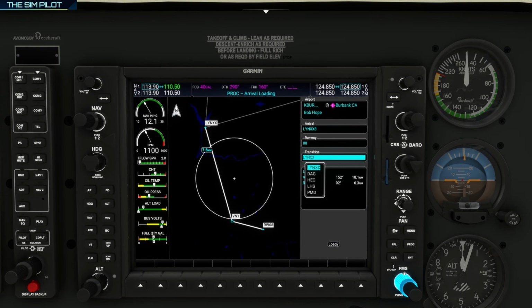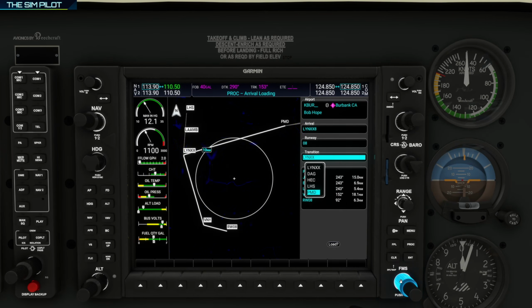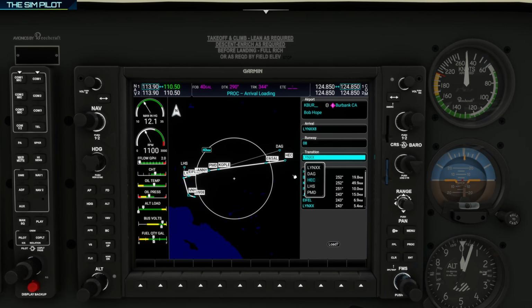Select enter, and our transition is going to be, let me see here. I need to take a look at the chart to see the transition. Our transition is going to be Hotel Echo Charlie, okay? So it will display here. That's the Hotel Echo Charlie transition. There's another one up there, based on what you have. This is not the prettiest, but just to demonstrate, I'm going to select Heck as our transition, enter, and then